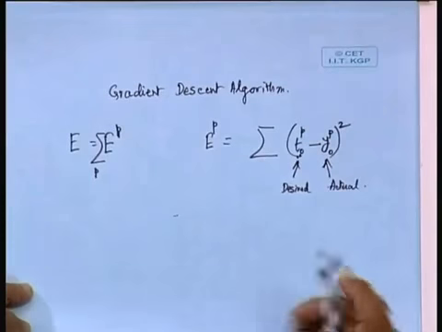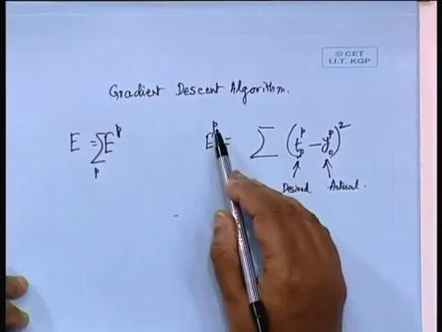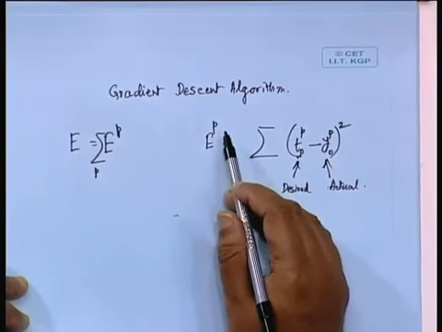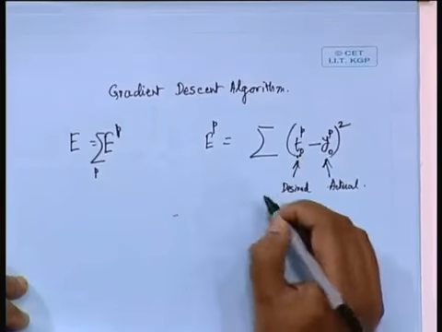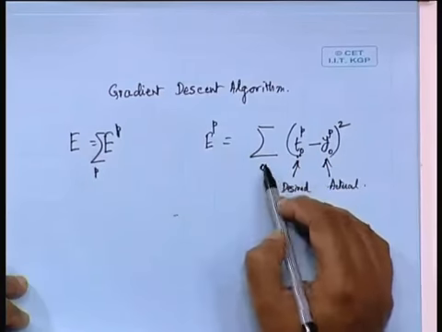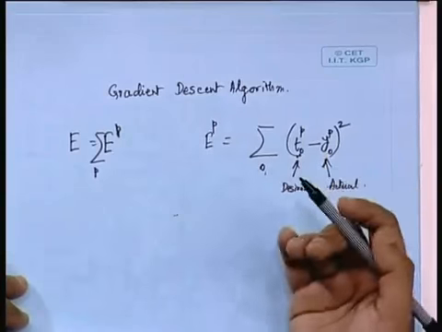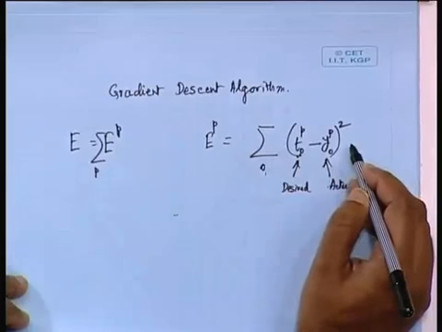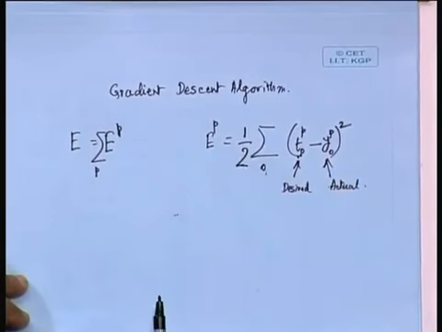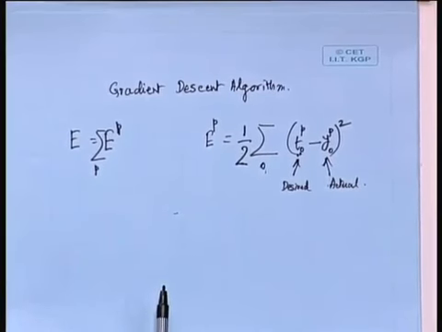So in order to measure this combined error for a point p, we have to find out what is the combined error from all the outputs. So I should sum it up over all outputs, where o stands for the index of the output, and this is (t_o^p minus y_o^p) square. In fact, for our convenience, we are multiplying it by another factor of half, and this is only for computational convenience, because ultimately we are going to find out the gradient of the error. And this being a squared quantity, the gradient is naturally going to be 2 times this. So having a half outside is always convenient, so that the